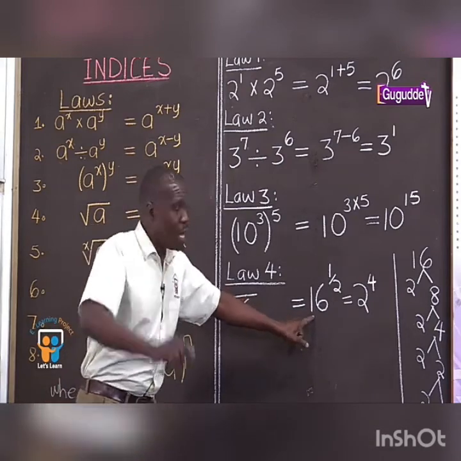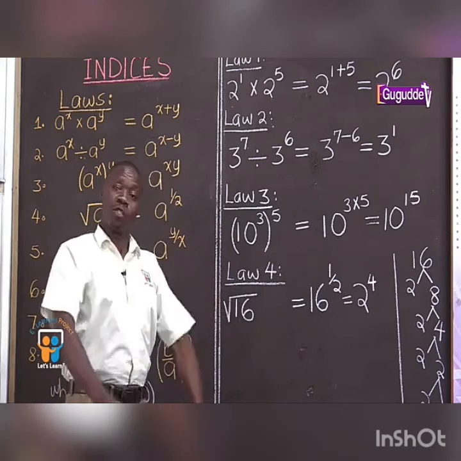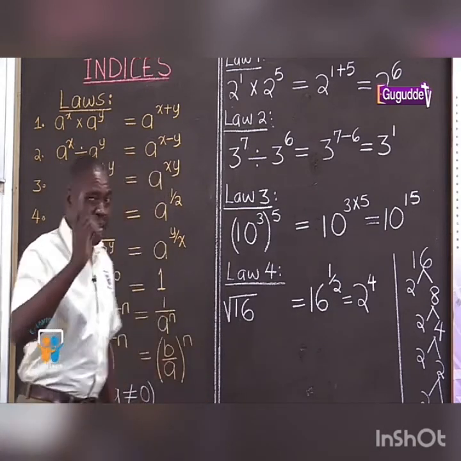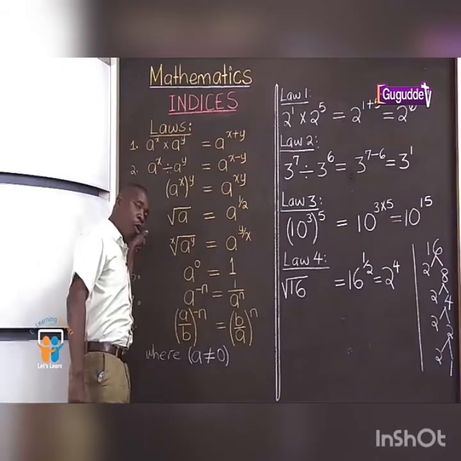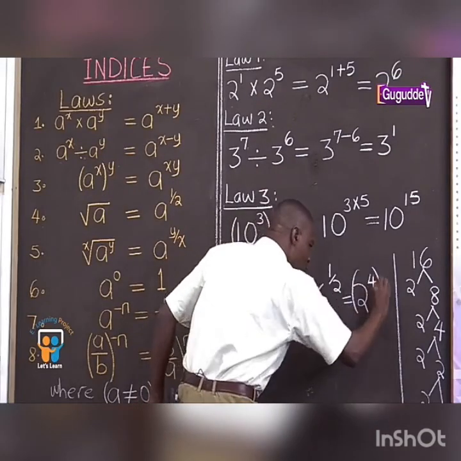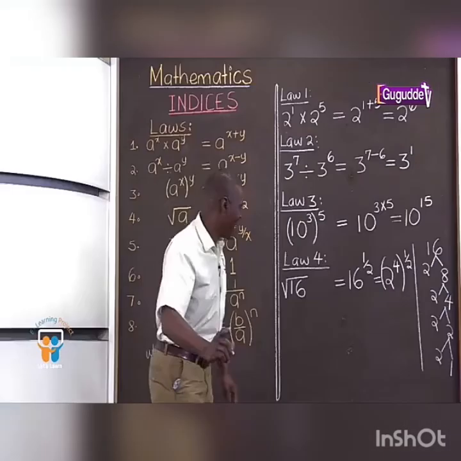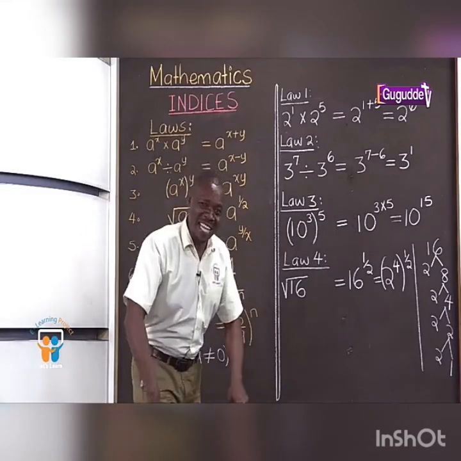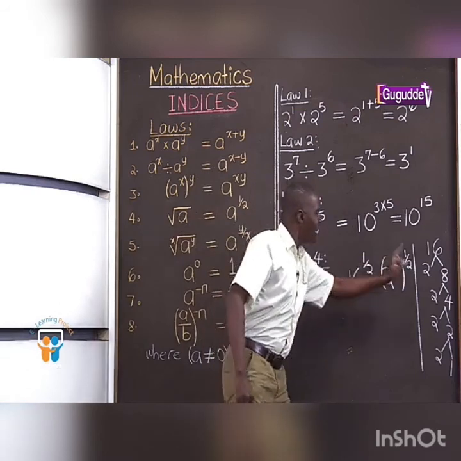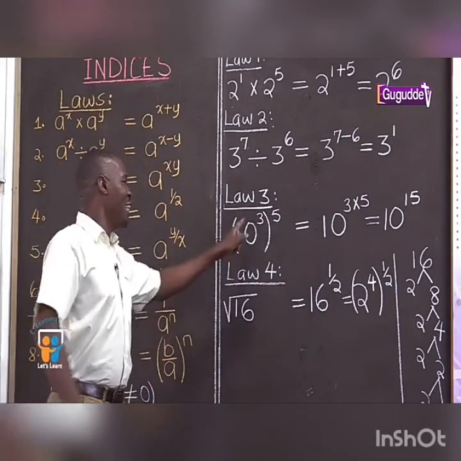But again, originally there was another power half, which was coming from the square root, which the examiner told us about in law number 4. So we have to include it there so that we have a half. Now, Mr. Examiner, you're also very funny. You are again reminding us that now there are 2 powers, which brings us back to law number 3, that when there are 2 powers,